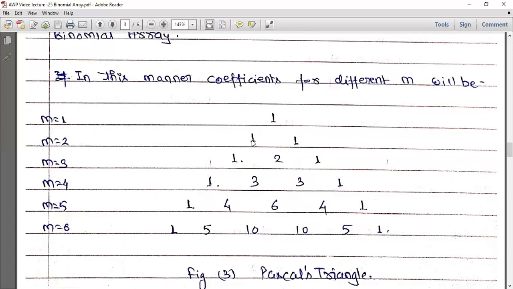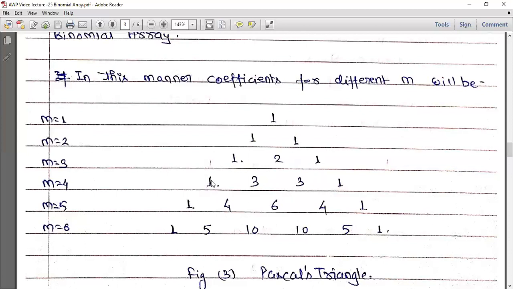The first row is filled by a single 1, the second row is filled by two ones. For the third row, you place two ones, one at the start of the row and one at the end of the row. Now you have to find the in between value. This in between value will be the sum of these two, so 1 plus 1 gives you 2. When you go for m equals 4, these two ones are already fitted, at the start and at the end of the row. To find this number, when you add 1 plus 2, you get 3. When you add 2 plus 1, you get 3.